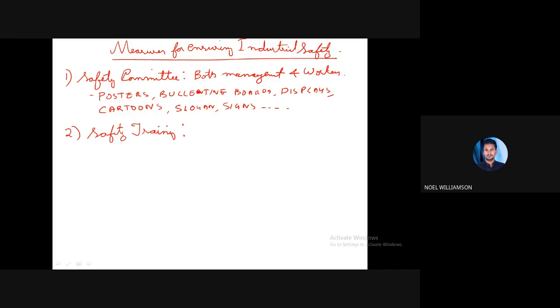We have already said there is a committee for that, and they are implementing many things. In order to have safety, the employees should be properly trained, or if any new employees are coming, then the supervisor should train the new employees in various types of safety methods.